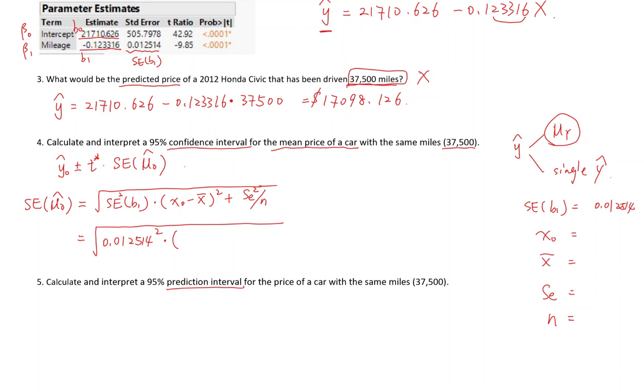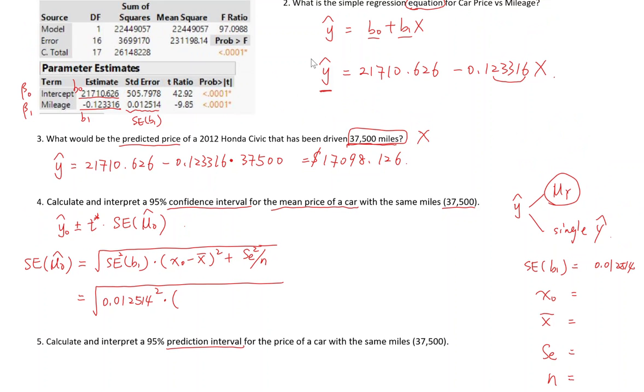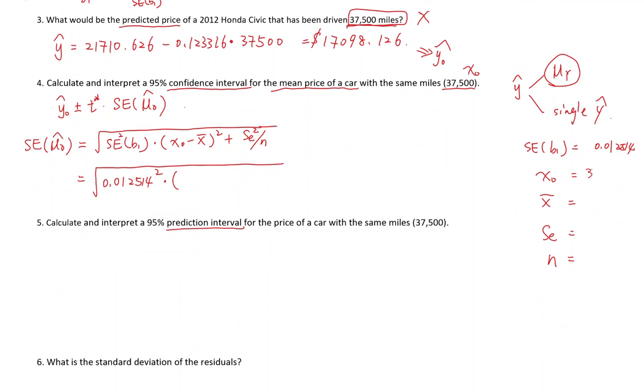x0 is the value you plug into your sample equation so that you can get the y0 hat, right? So what is the value? It will be 37500. You plug this into your regression so that you have this value in the number 3 question. So this is just your y0 hat. So this is x0, and then you plug x0 into the equation so that you have the y0 hat. All right, so now you have x0 is 37500.